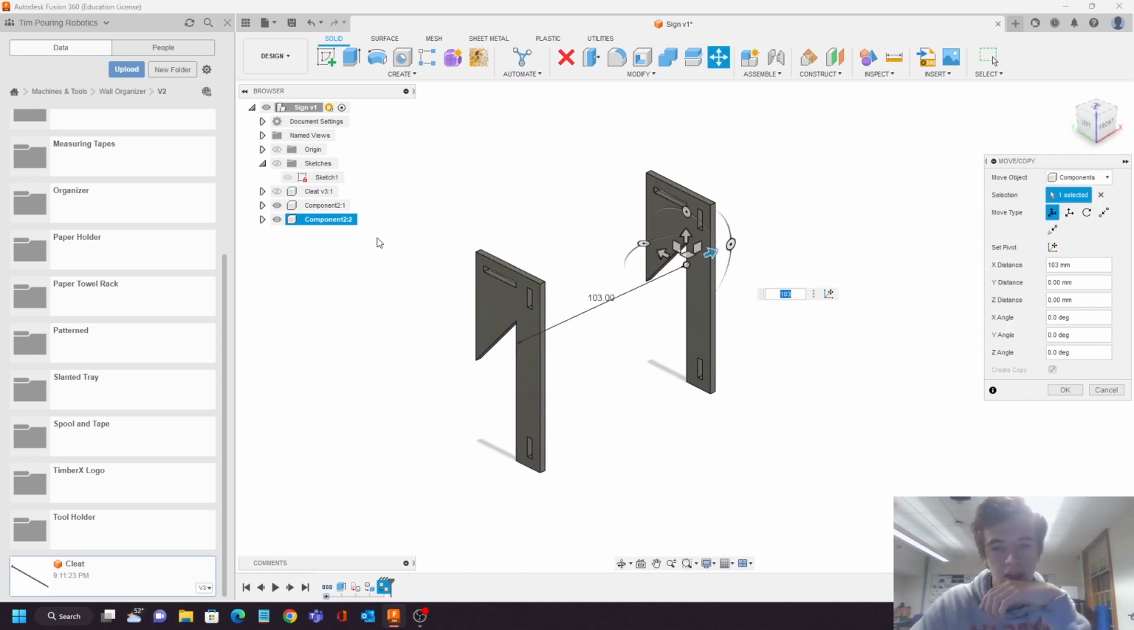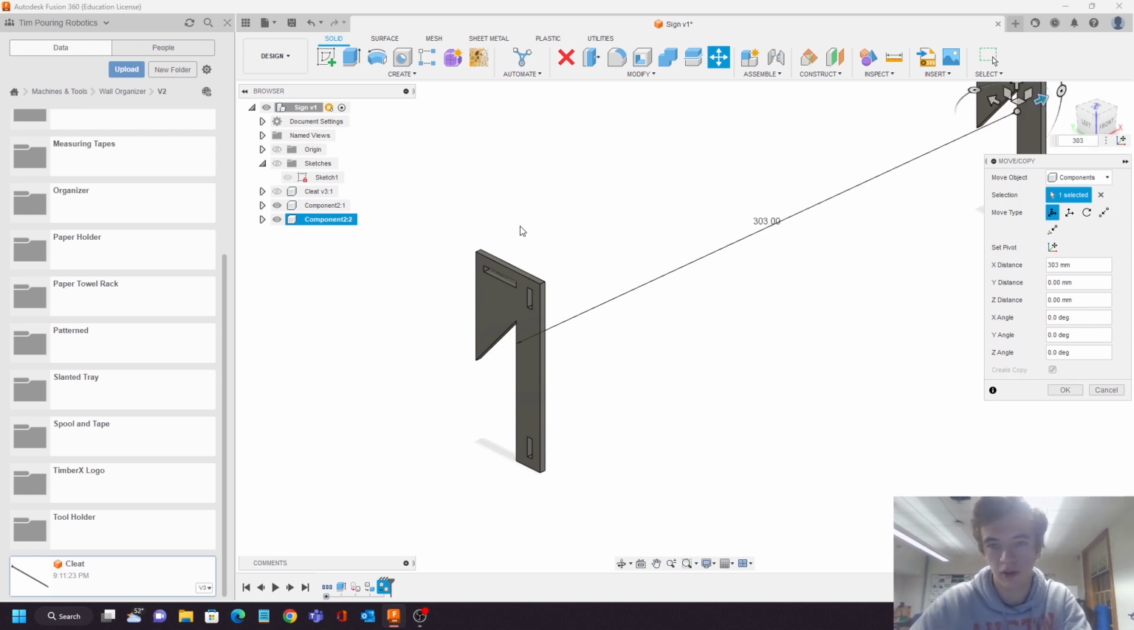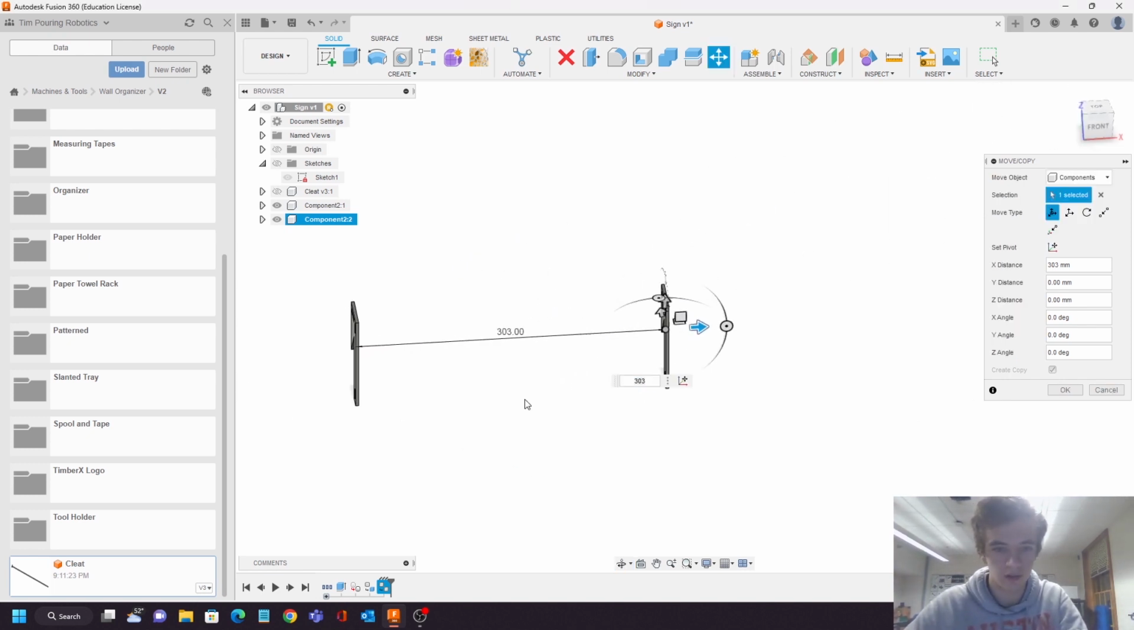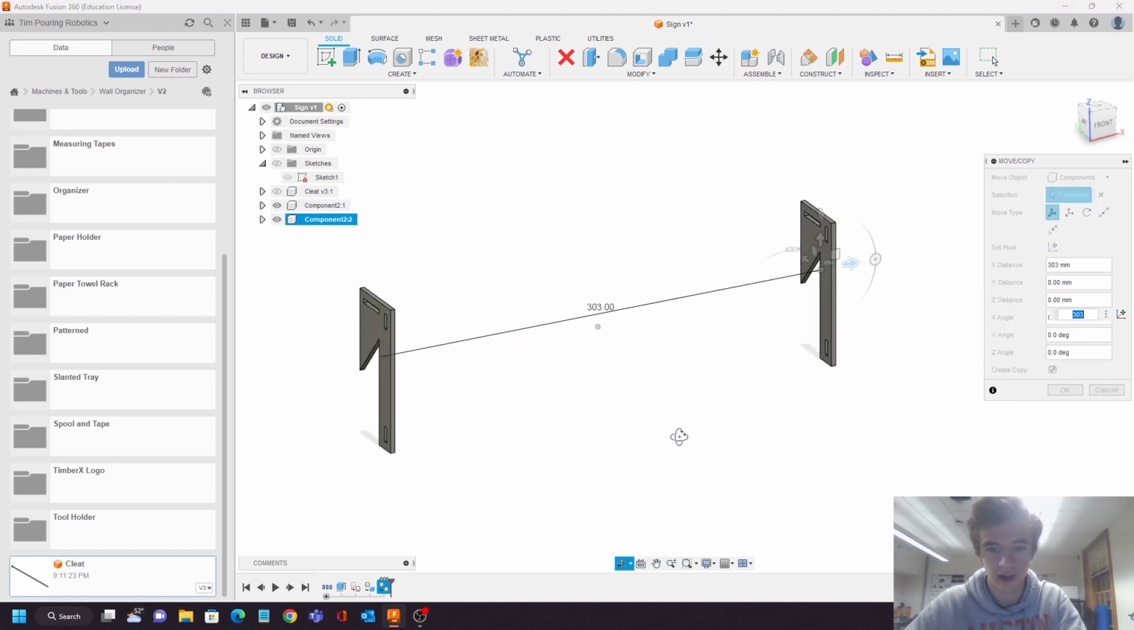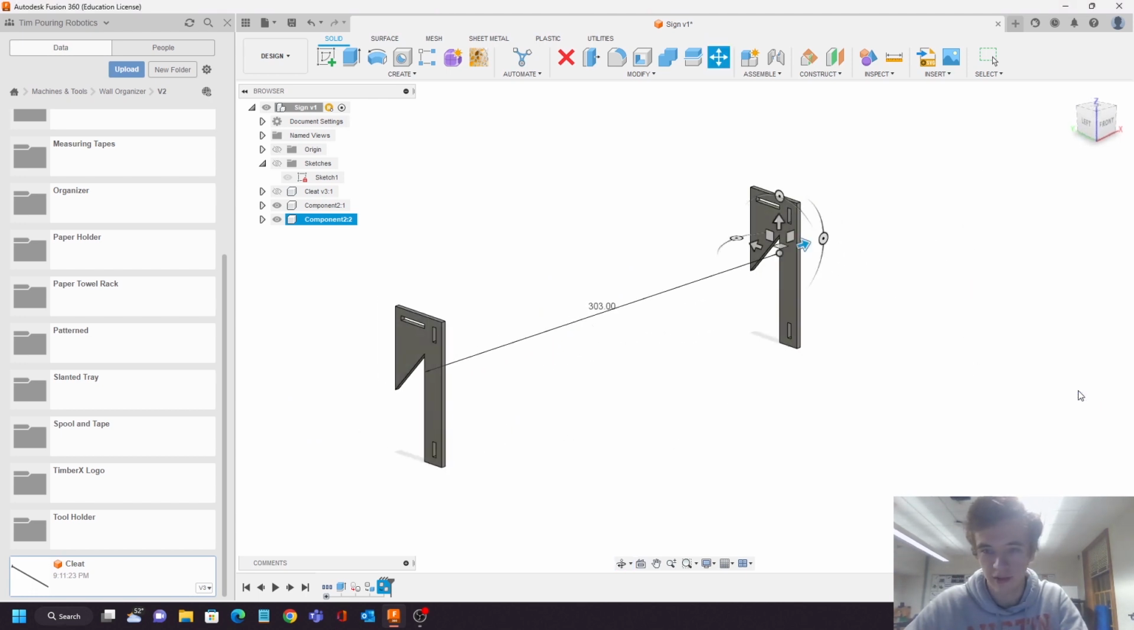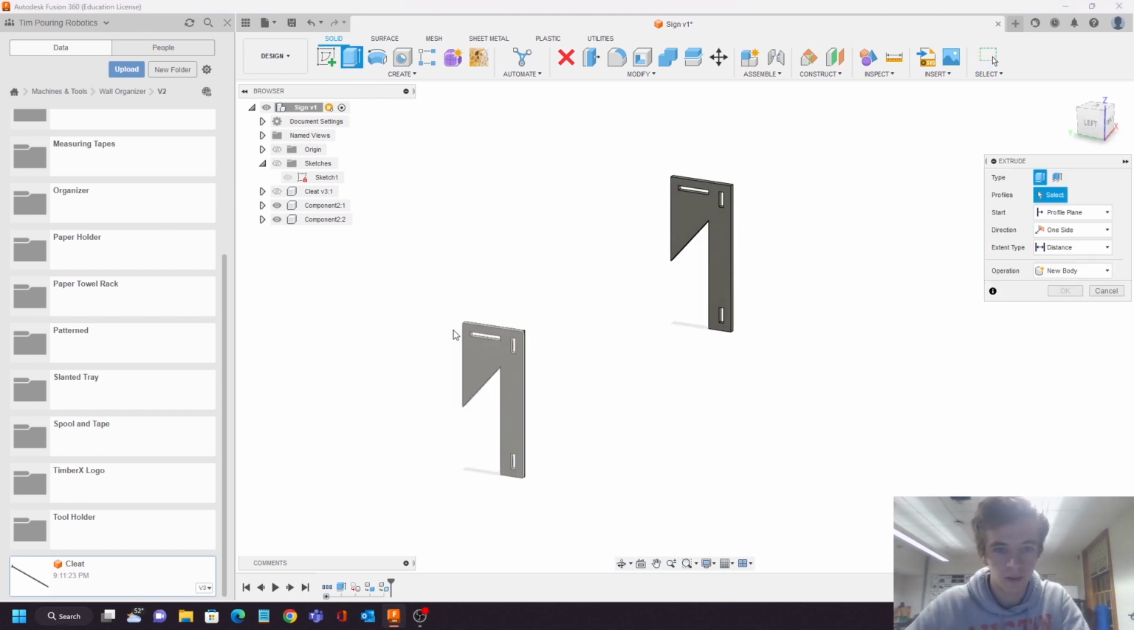But let's say instead of 103 millimeters, we want the middle to be, I don't know, 300. How does 300 look? 303. That looks good. That gives us a lot of room to make a sign. So I think I like that. Let's click OK. Awesome. So now we actually have to define the parts in between these to actually hold it